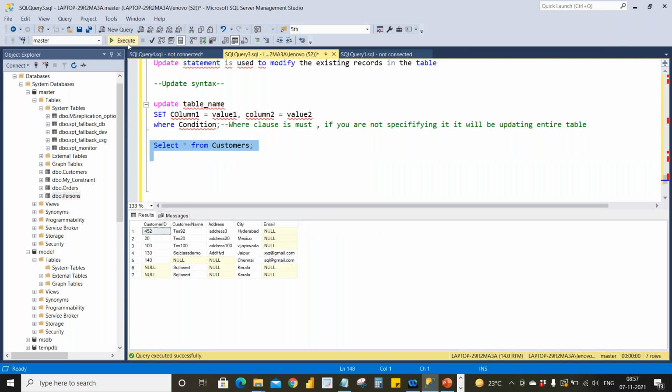Okay, I have the customers table. I want to update the customer ID of the 6th row and the address of the 6th row. Okay, so what I will do, update table name customers, and then I will use the keyword called set.